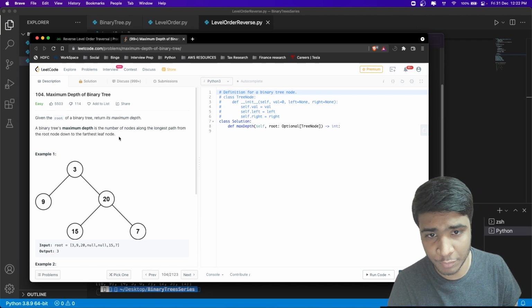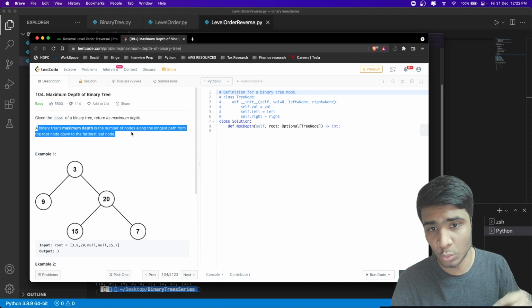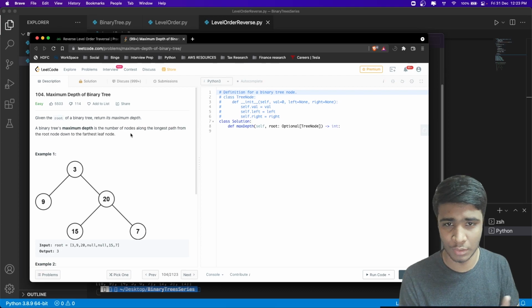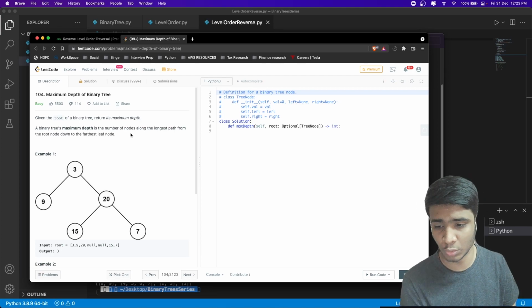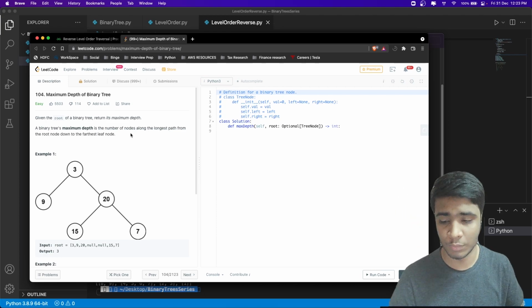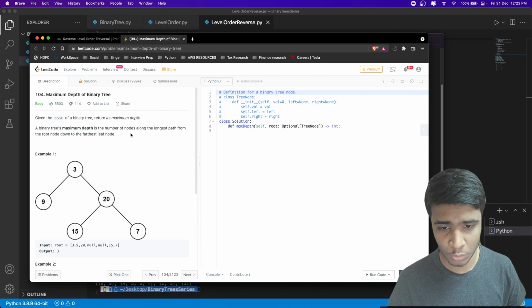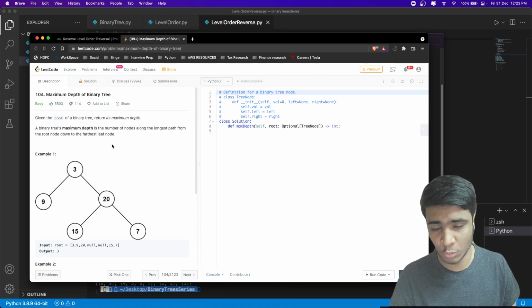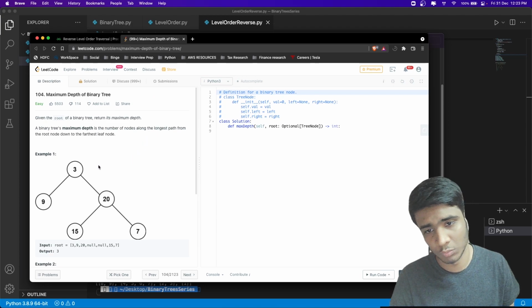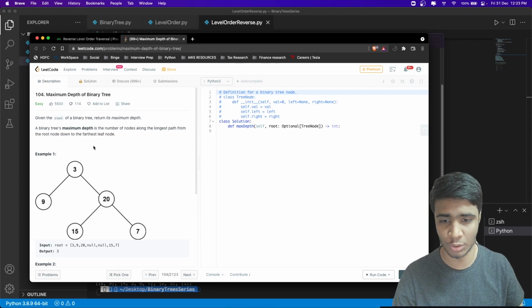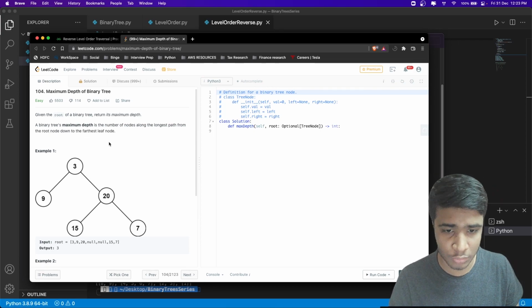So what's the depth definition? A binary tree's maximum depth is the number of nodes along the longest path from the root down to the farthest leaf. Depth, or we also call it height in some cases, but always check the definition in the problem statement, because it could vary from person to person. So it's always nice to ask questions. When somebody asks you to find depth or height, ask them what exactly they mean by depth, because there could be some variation. Somebody may ask considering the root or without considering the root; there could be 100 variations. So it's always best to ask them.